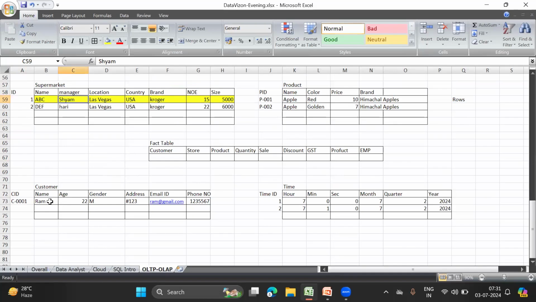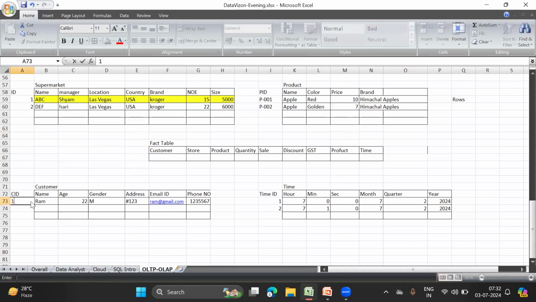So I just have to first of all come to the customer. Okay. So instead of saying Ram over here, I will have to say C001. Time ID is not needed here, right? Yeah, we can also have the time ID, right? The time at which the transaction happened. Okay. So we can have a lot of columns. Instead of employee ID, I will say Ram. Okay. Time. I also want to capture when this specific transaction happened. Okay, so now over here, because I cannot have names, I can only have numbers.